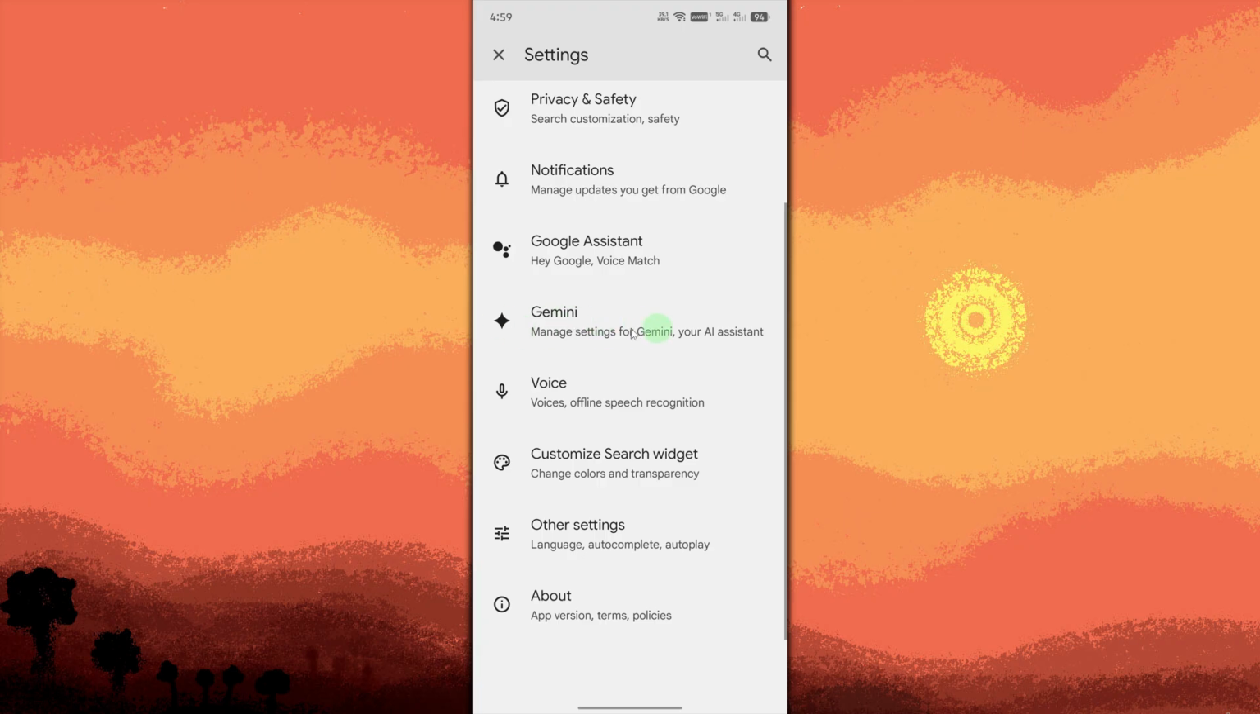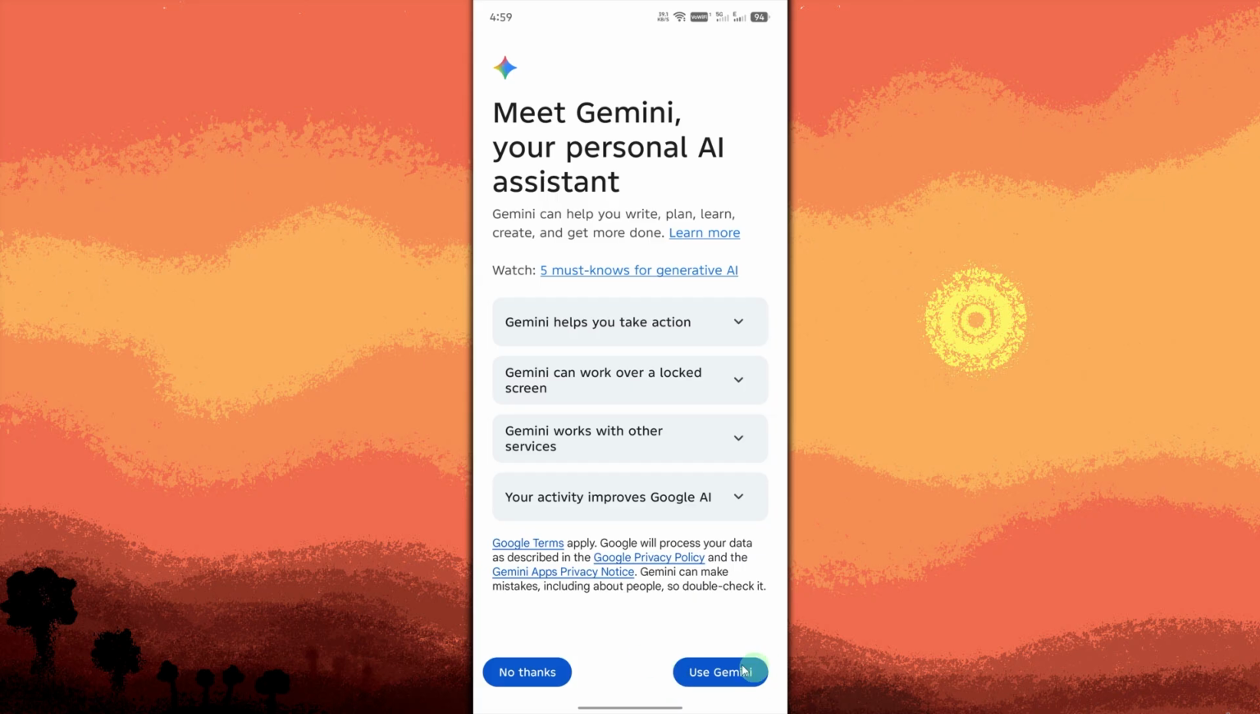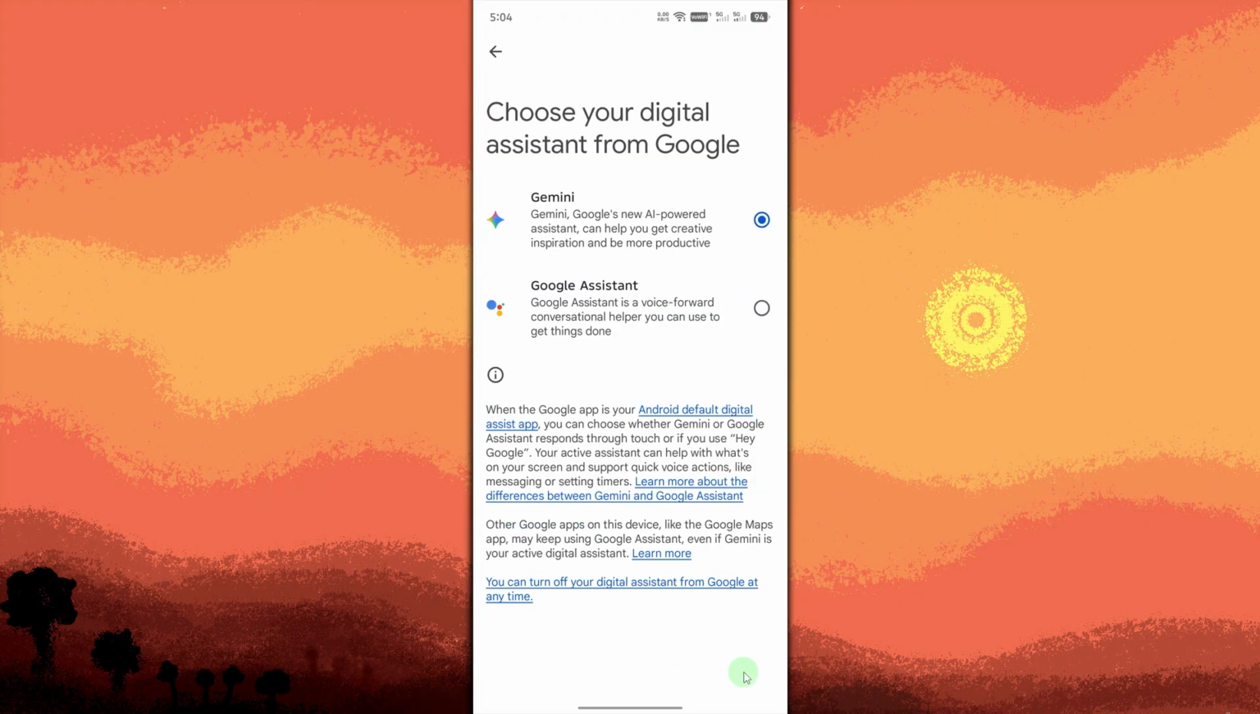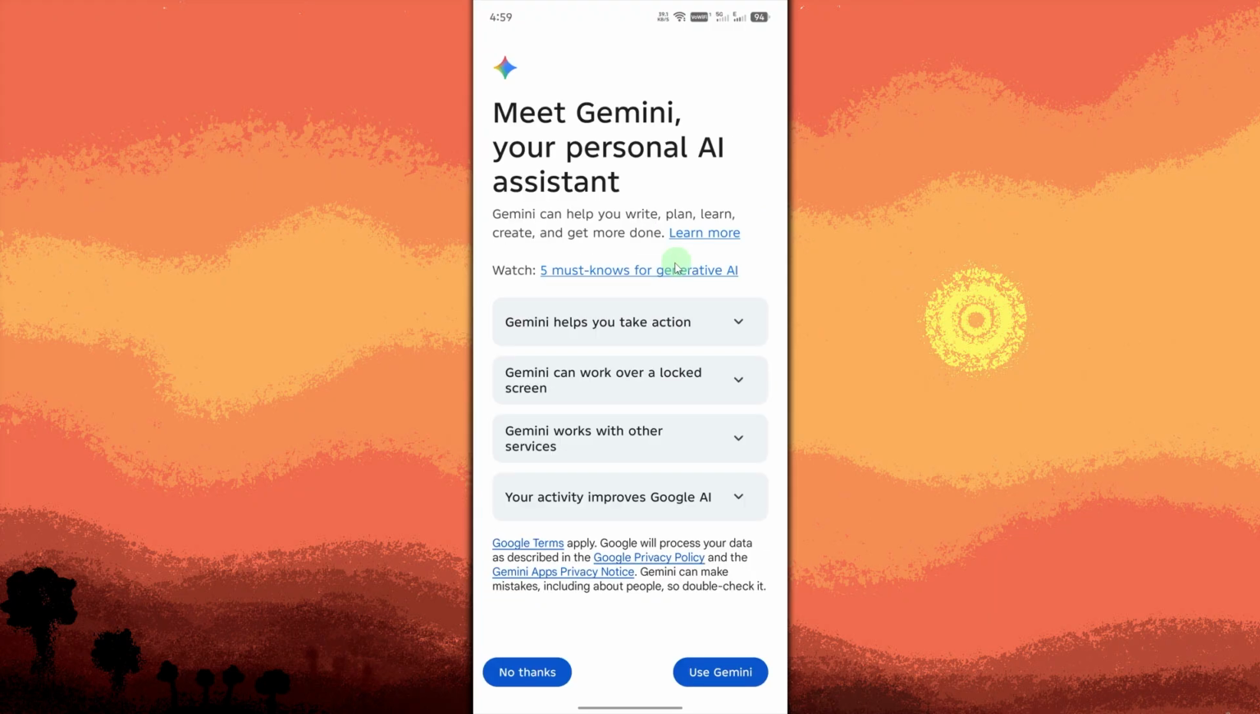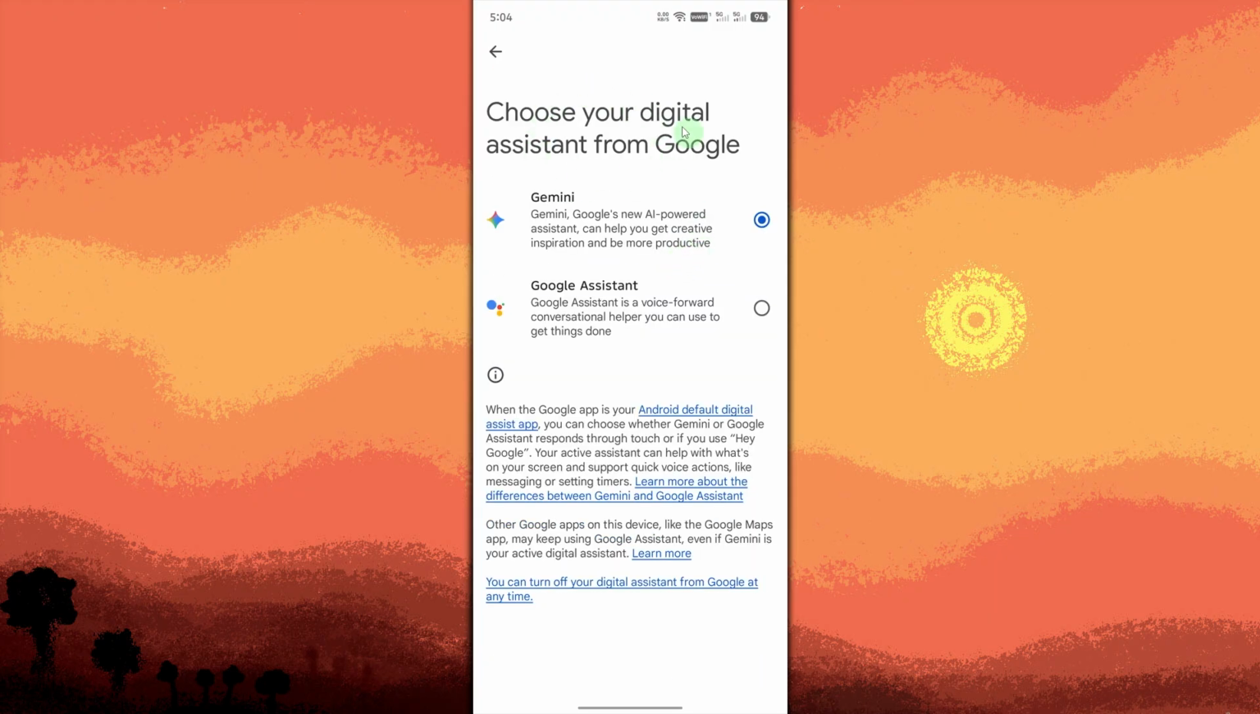Tap Activate Gemini or Use Gemini. If there's a prompt, review the introduction screen about Gemini features. Then tap Next. On Gemini settings, go to Digital Assistants from Google and confirm Gemini as your default assistant when